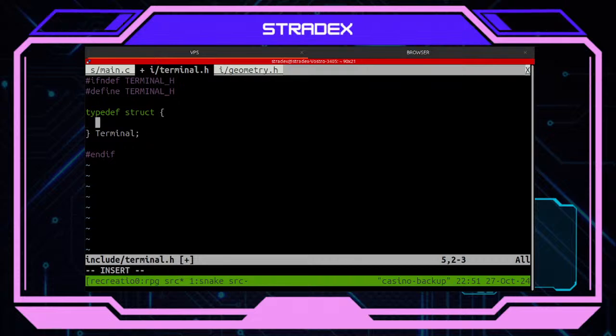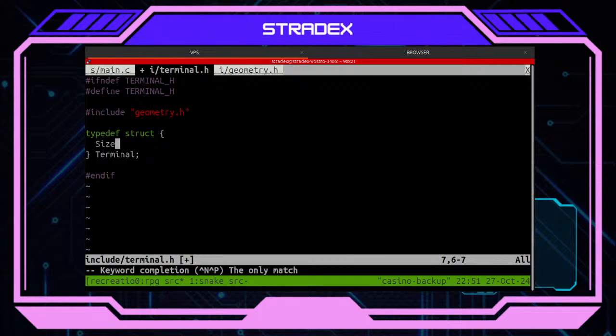Okay, type the stroke terminal. I think it's geometry, and geometry is going to. Well, actually, I don't want geometry here.